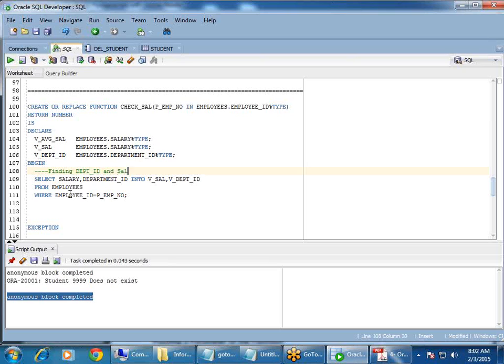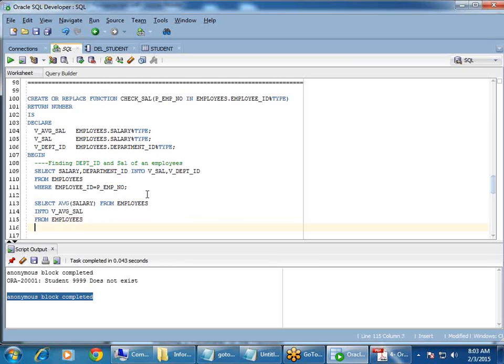Based on the department ID returned by the above query, I'll calculate the average salary of that department. How do you calculate average salary? Select average of salary into v_average_salary from the employees table,